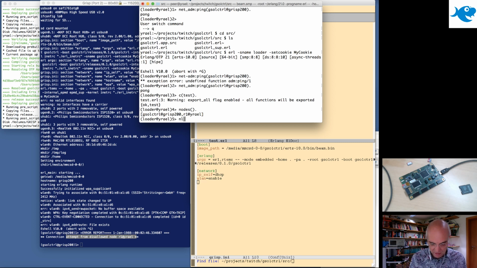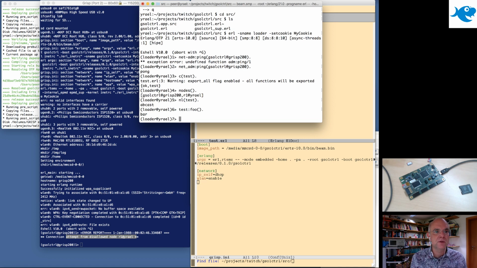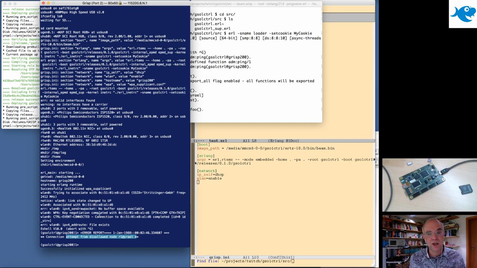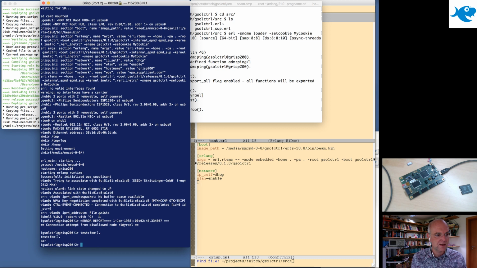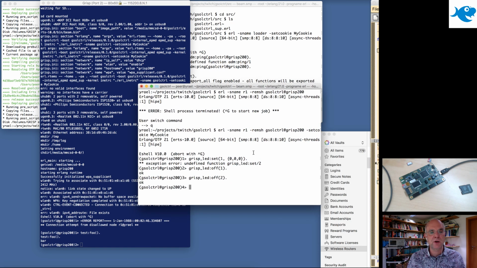So if I do a netload test, I would expect this module to actually show up everywhere. So I locally could call test:foo(), and it returns bar. And now I go to the shell, so you actually see by the color that we are really there, and we should be able to call test:foo() with no argument, and it works too. By the way, the double echo here is a peculiarity of the shell, which is one of the reasons we want a remote shell,